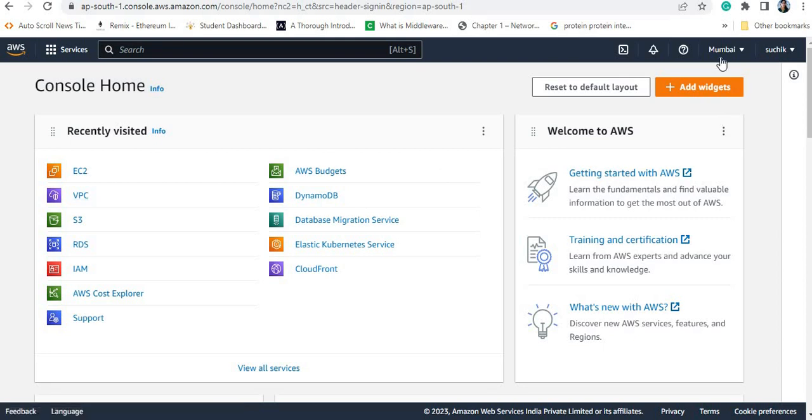Right now I'm in Mumbai region. I will create one instance in one custom VPC that I'll create in Mumbai region. Then I'll go to Singapore region, and in the Singapore region also I'll create one VPC, and inside that VPC I'll create one EC2 instance. So I'm going to VPC,